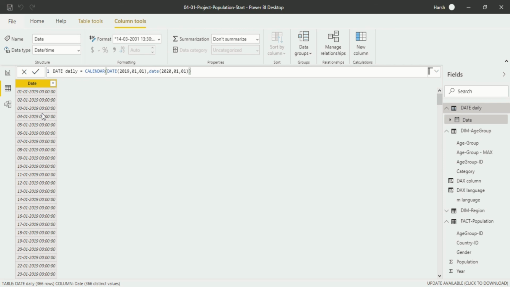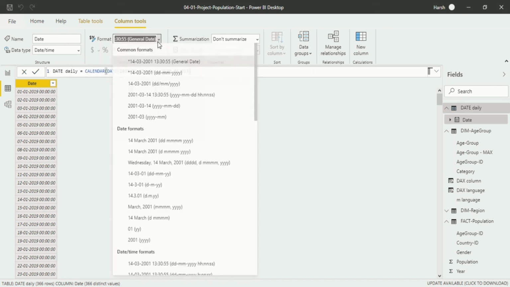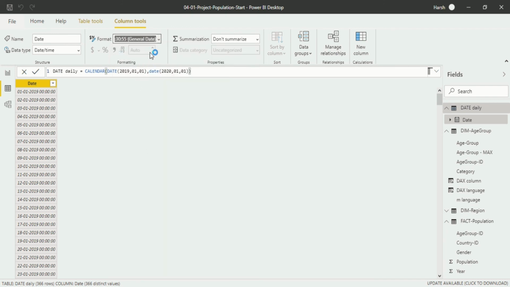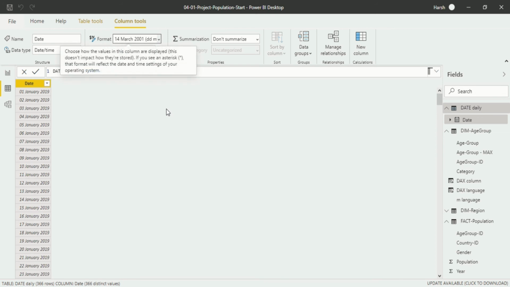If you want to change the format, you can also do that. That is also available in here, formatting. If you want to change, you can change from the general to any date you want, like date format. This would be also available. It will take a few seconds to execute the order. Now you can see it's in now date, which is 1 January 2019.